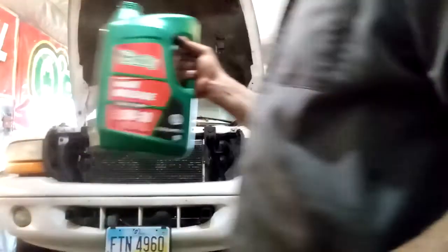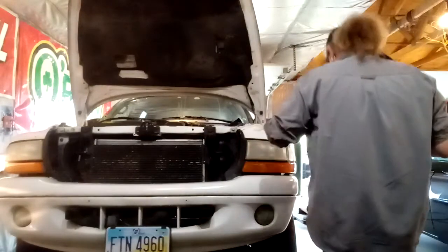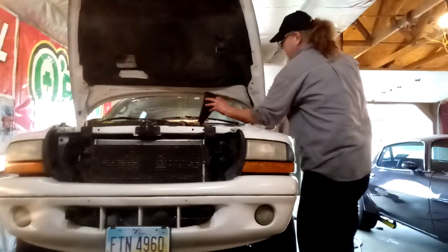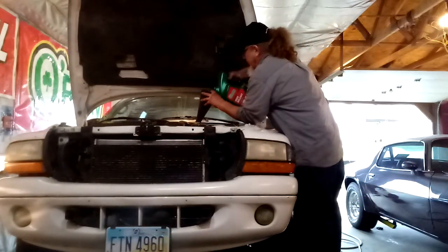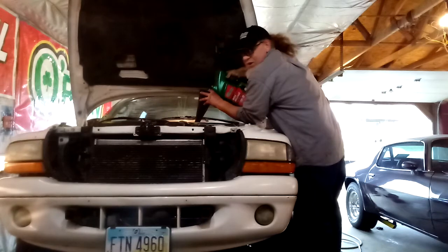Fill her up. This is 5 quarts. I guess that's what the Riley's manual recommends, 5W30. But I'm sure it holds 6 quarts. I can't remember. I gotta look it up. But truthfully, you just want to